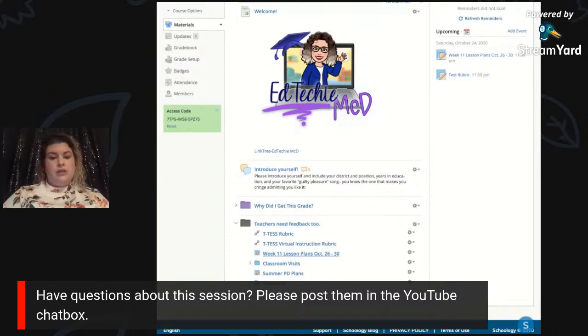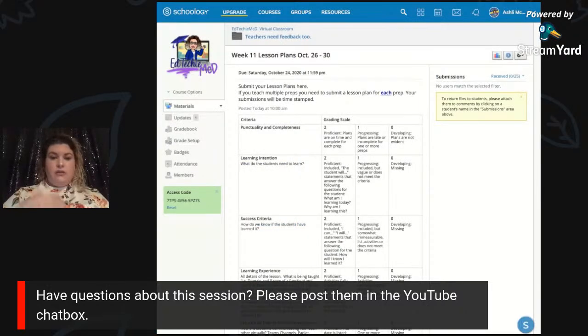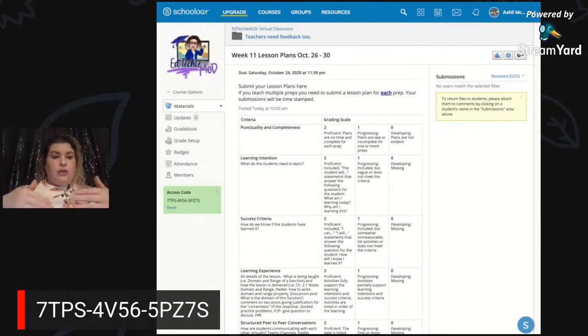So if I go into our lesson plan for right now, you'll see that there's actually a rubric attached to the lesson plan. So while I'm going over this part, if anybody is willing to just submit a file to that lesson plan assignment, I will be able to show you on the next part how you can give a teacher private feedback when it comes to their lesson plans and really show them that you are looking at those.